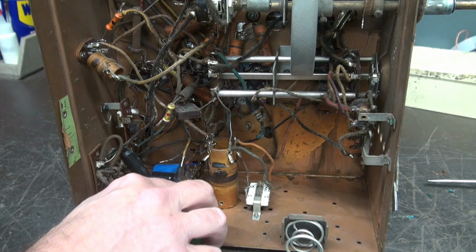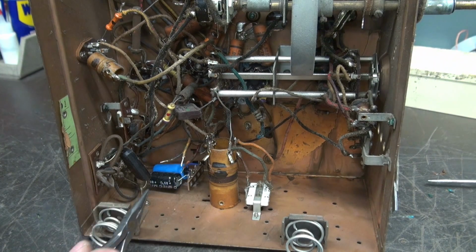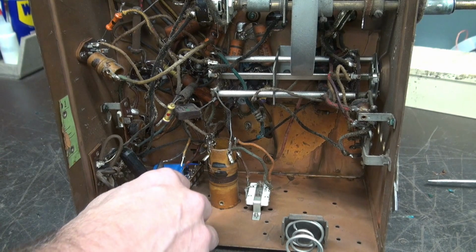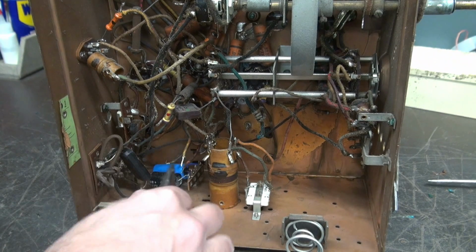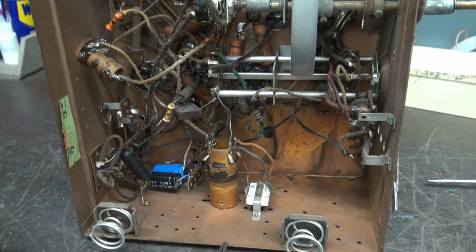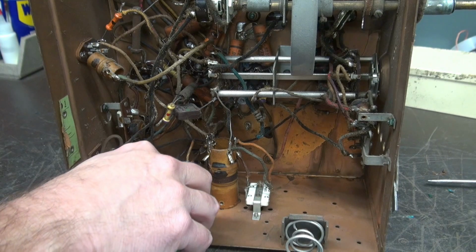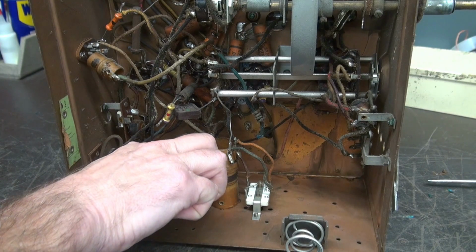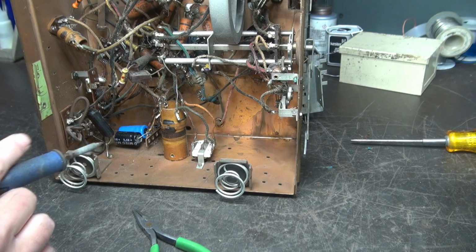I've got the leads stripped, ready to reconnect. Now this black wire, you would assume goes to ground, but if you look at the schematic, it does not, okay? So when you put in your new caps, make sure that you don't put the negative side to ground, put them back to that black wire. Alright, get these soldered up. I got the 3 wires